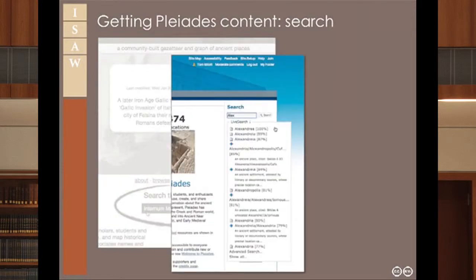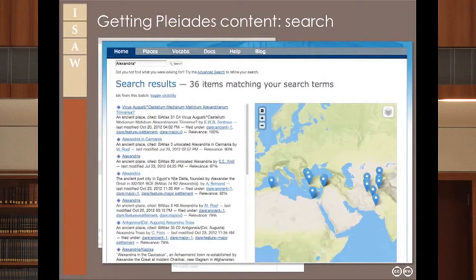We also have something called live search, and you find this on most pages in the Pleiades site. It's essentially search as you type. So you get three or four letters typed in there, it starts to try to match the things you're interested in. We provide search results from the quick search and our advanced search that are both textual in nature and